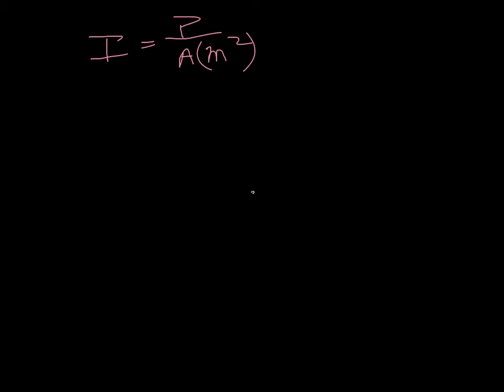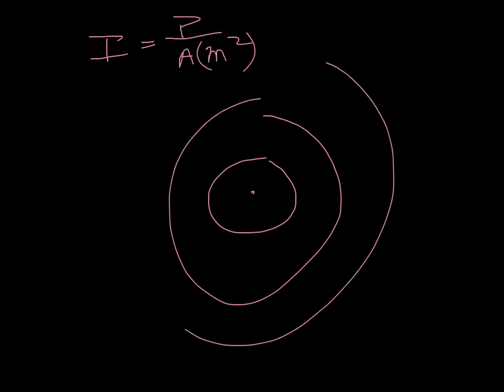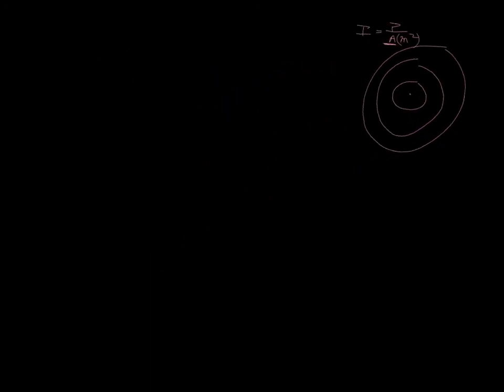We make a noise, and that noise radiates out. But remember, it's radiating out in 3D, so it's also coming towards you and away from you, making a giant sphere. So the area we're talking about here is the surface area of the sphere. Really our intensity equation will look more like intensity is our power divided by 4 pi r squared. 4 pi r squared is the surface area of a sphere.